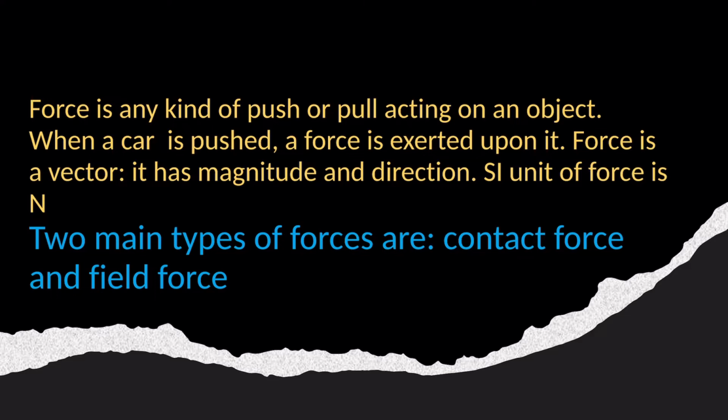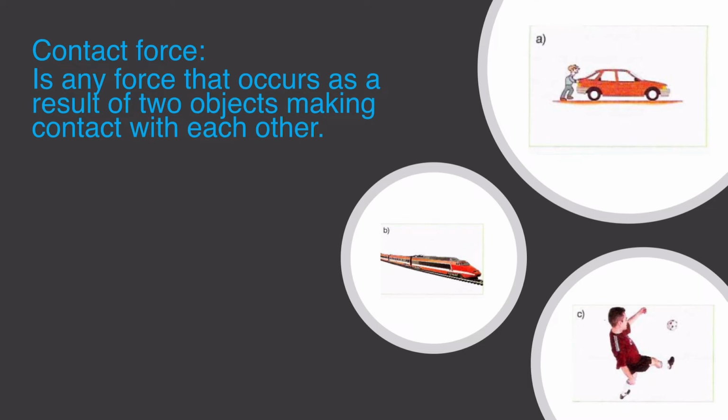Basically, there are two main types of forces: contact forces and field forces. Let's begin with looking at some examples of contact forces. Contact forces are those forces which occur when two objects come into contact with each other. Examples include